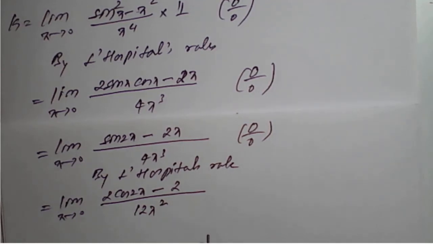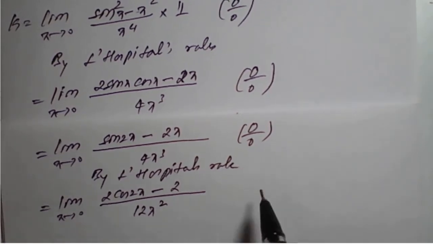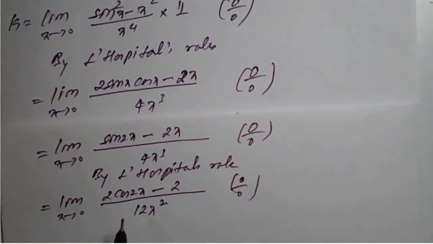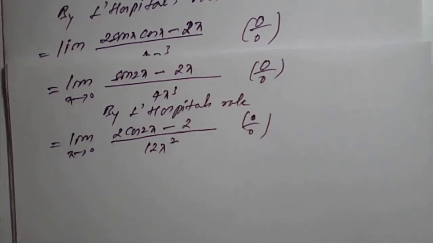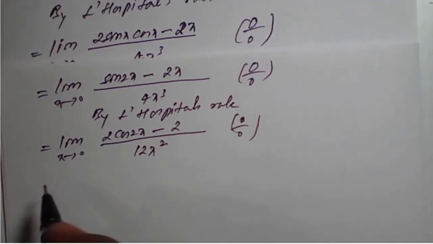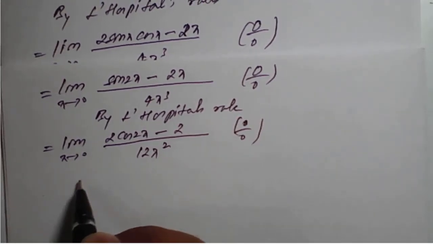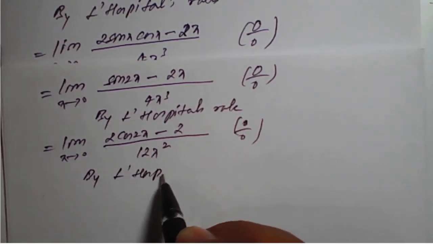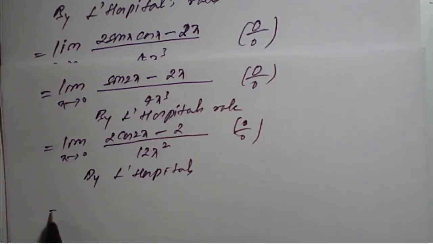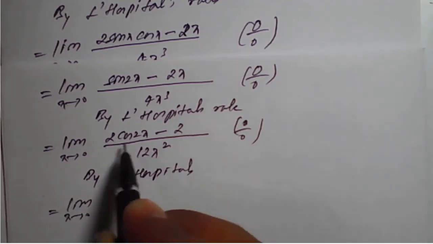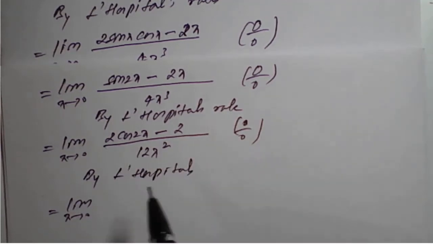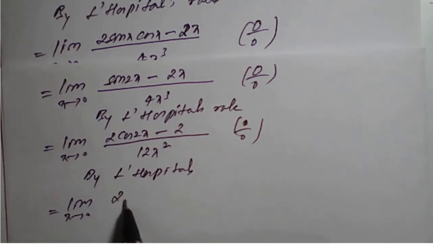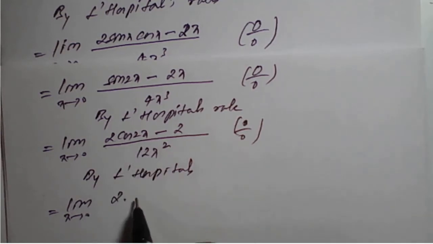So again, we can make this one, again by L'Hospital's rule, again it is 0 by 0 form. So take 2 common, it will cancel with this 12, it will become 6. So I'll write the step as, by L'Hospital's rule, it will become limit x tends to 0. You can take 2 common and simplify, or else first we will differentiate. So 2 as it is, so differentiation of cos 2x is